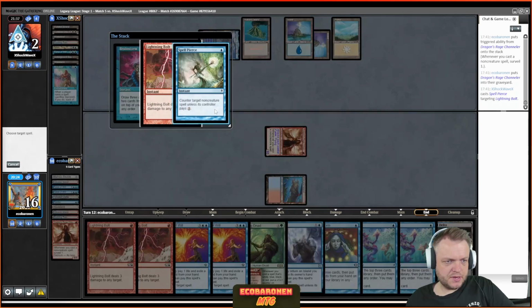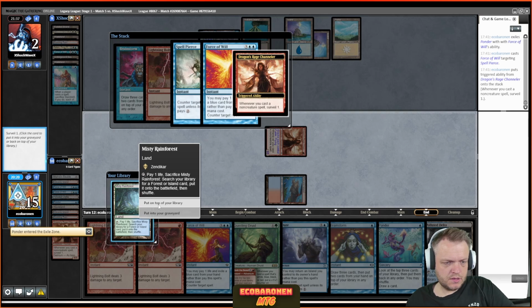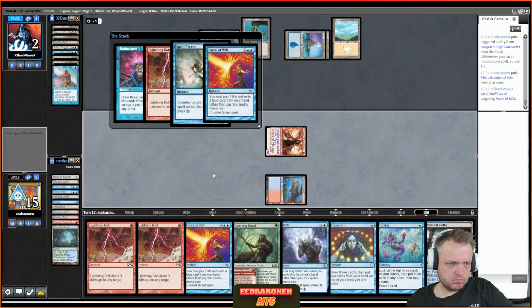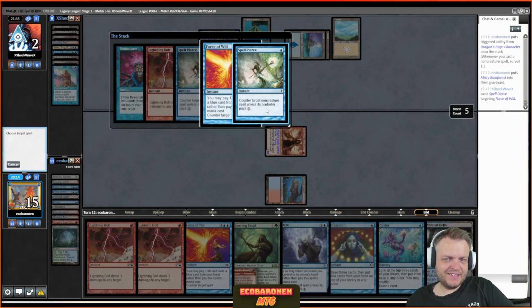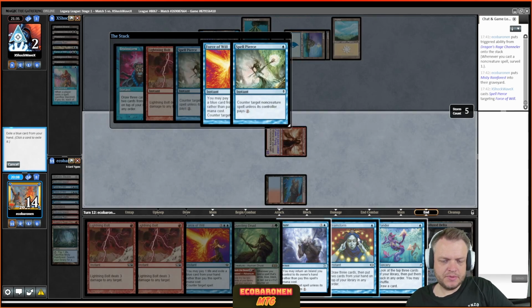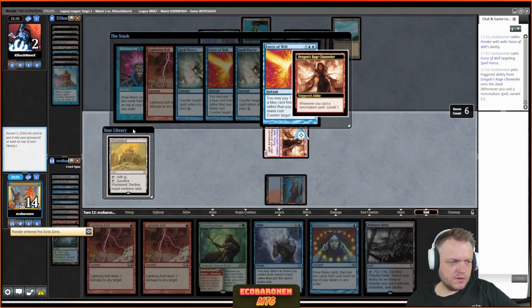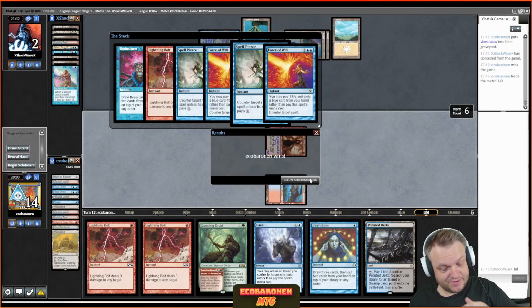This good old Spell Pierce. Force, pitch Ponder. I don't want more land. I already have one. Let's see. Yes. Pitch what? Pitch Ponder, maybe? Don't want the Wasteland. So the cool thing about this scenario is I still have 2 lethal bolts here. So